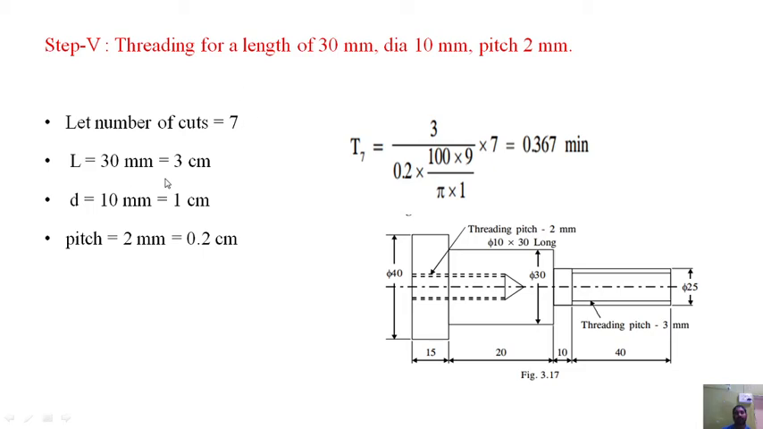So the length of the thread is 30 mm. The depth is 1 centimeter, diameter is 1 centimeter. So the formula for the threading operation is length of thread divided by pitch into RPM. Pitch is 0.2, RPM is 1000 S by pi into D. Here also you have to take the diameter of the tap. Diameter of the tap is 1. So 1000 S by pi into D, into number of cuts, which is 7. So we will get